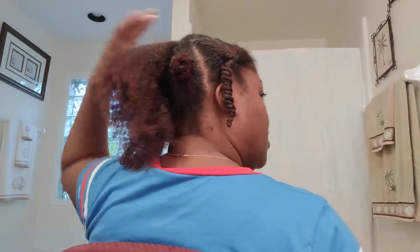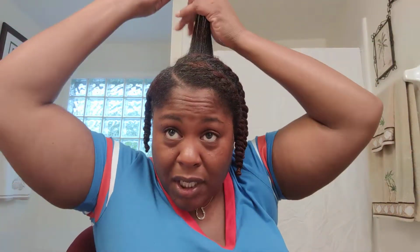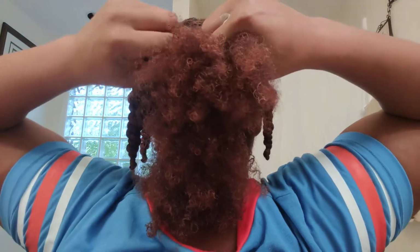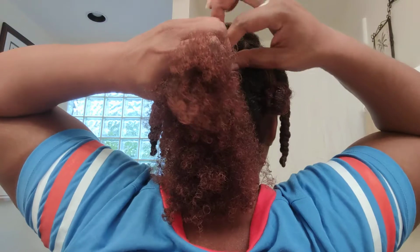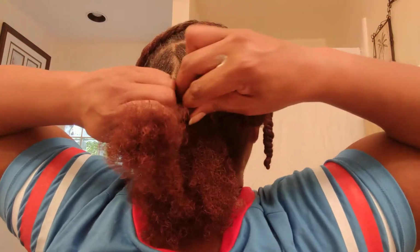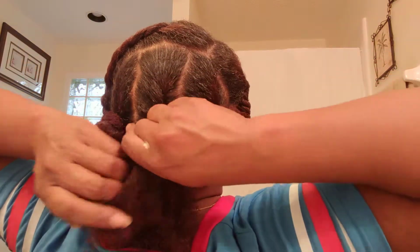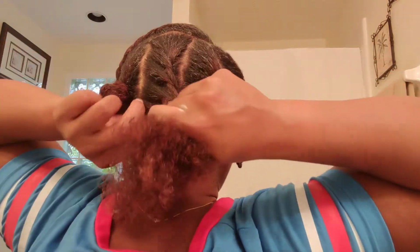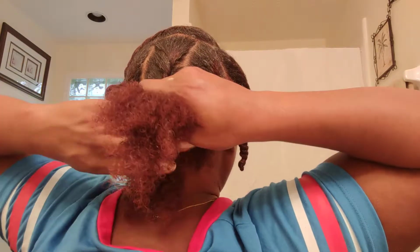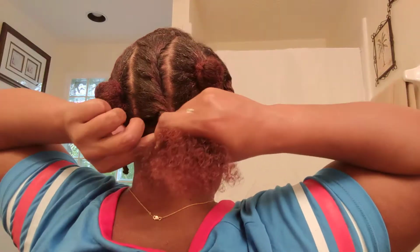So here it is, wet, good to go. Still looks a little dry, but that's fine. I'm going to start out with, again, getting that top portion. I don't know if it's my OCD, but I like for that top part to be bone straight. So I take the top part, swipe it around, take the next piece, swipe it, swing it around, and the last piece, swipe it,